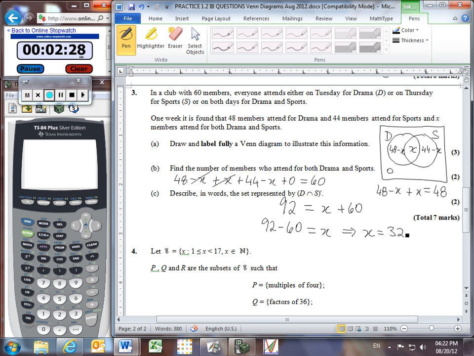And part C, describe in words the set represented by D and S, in parentheses, so that's a grouping, D and S, not, with that complement on the outside. So I guess the complement on the outside means that the statement in the parentheses is not true. So we could say then, it is not true